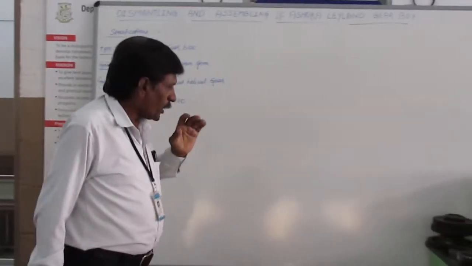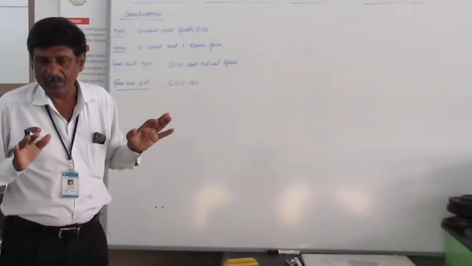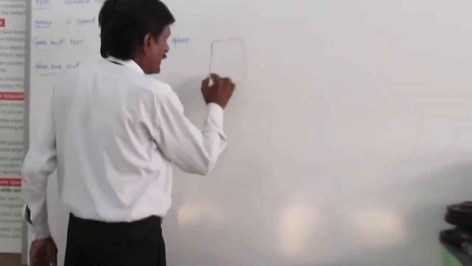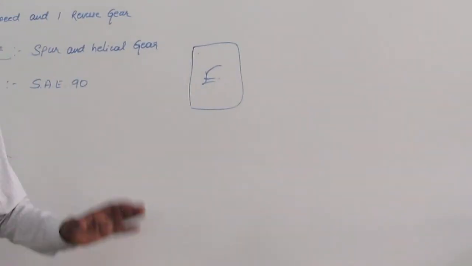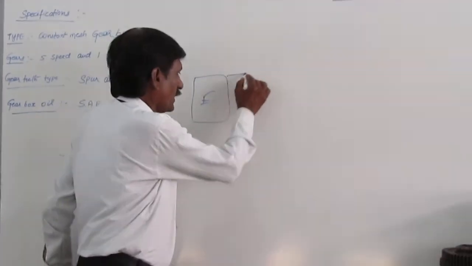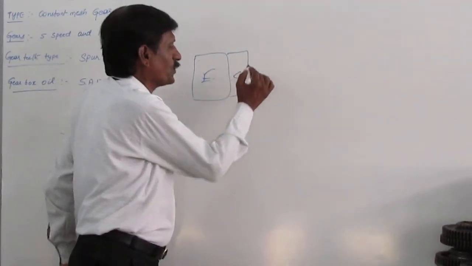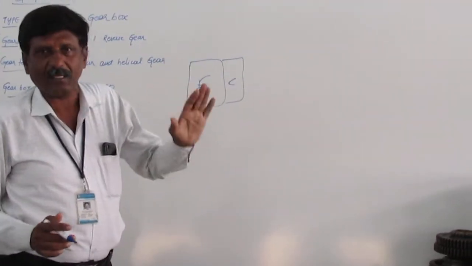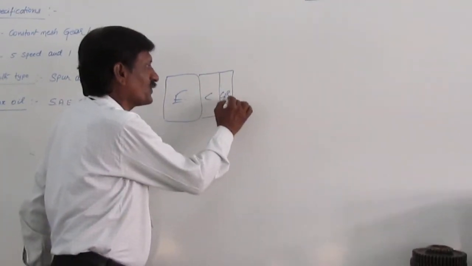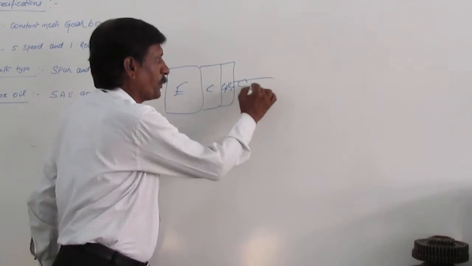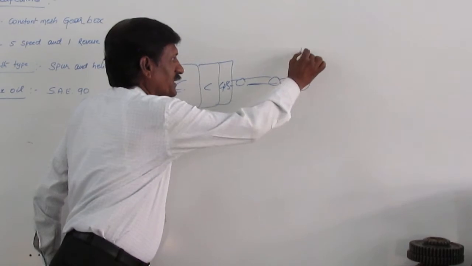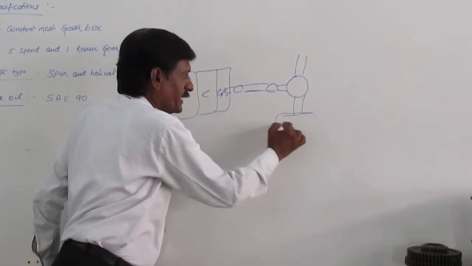Normally in any vehicle, they are using the engine as the prime mover. It is used to generate the power. That generated power is transferred from the engine to the gearbox to the rear wheels. We are using different components, including the clutch, which is the main component, and then the gearbox. Then through the propeller shaft, we are transmitting the power to the rear wheels.